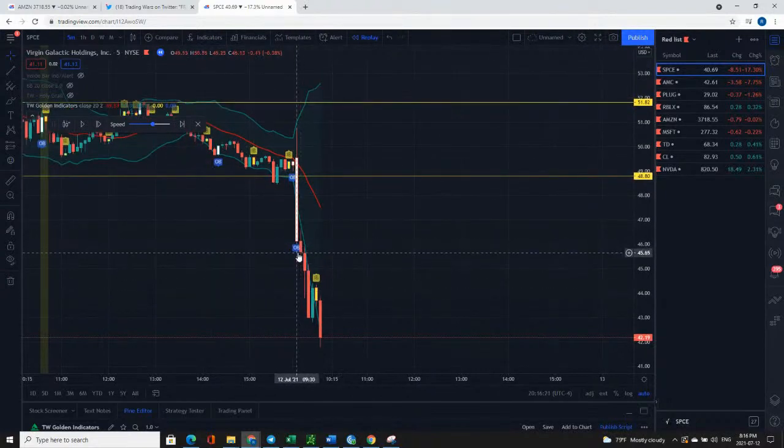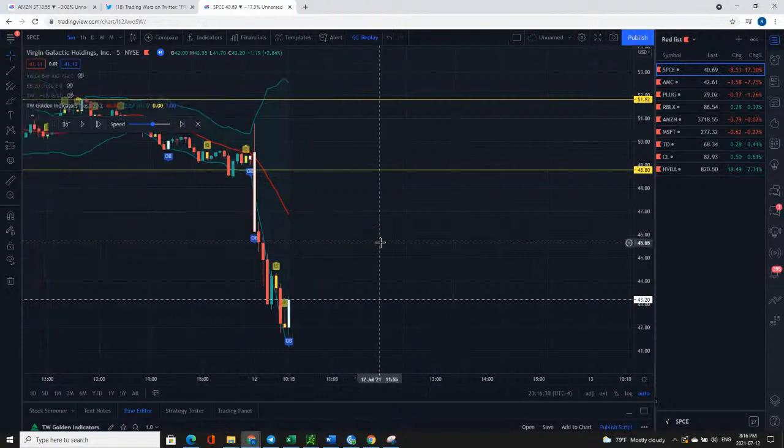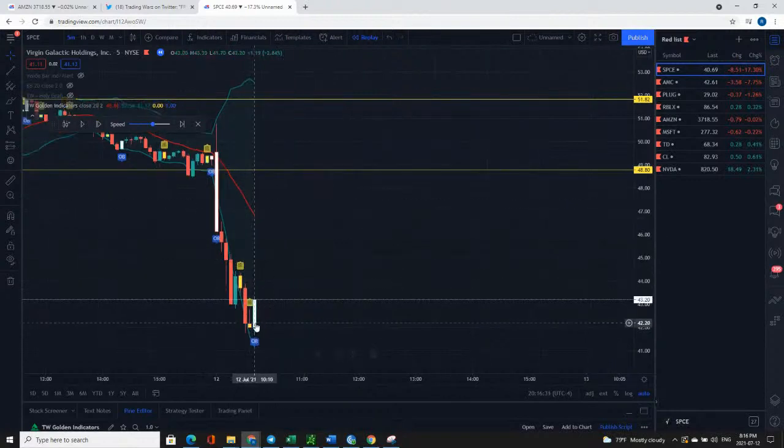When I'm playing names like this, I'm done after about the third opportunity. I don't want to stick around because then we start to get a lot of fakeouts and false breakouts. Like this inside bar: it broke lower, but just for a second, then it turned up. And now we actually have the reversal of a holy grail. This is the reversed holy grail because we have an inside bar, then an outside bar, instead of an outside bar and an inside bar. Let's see how that plays out.